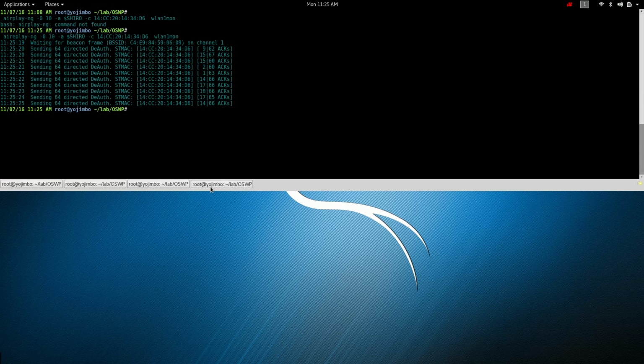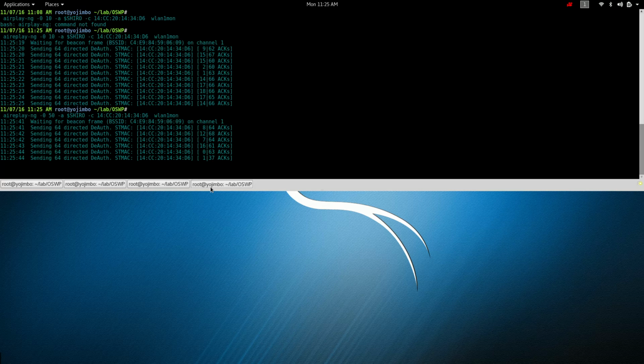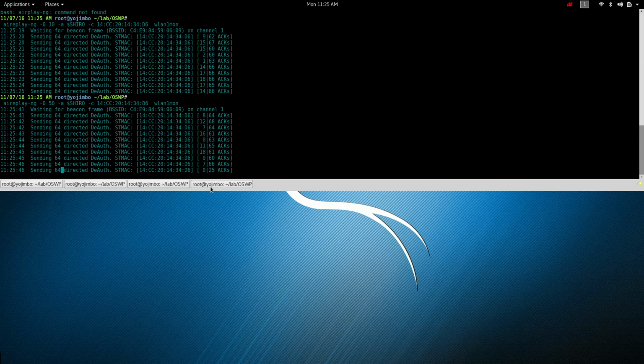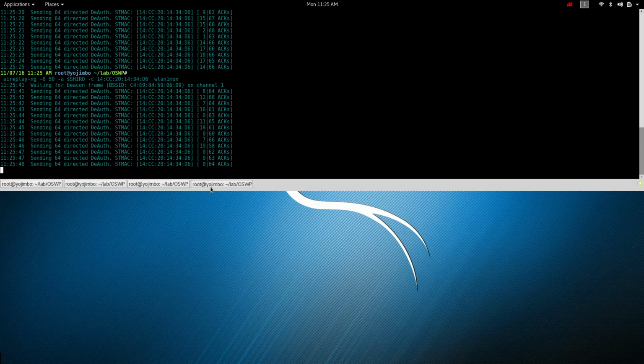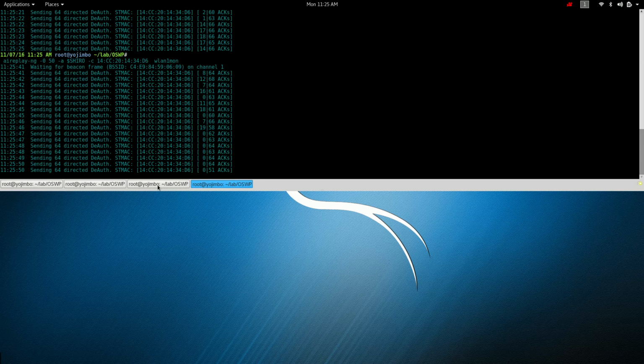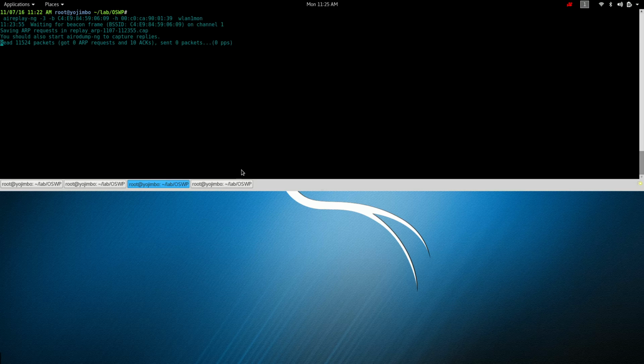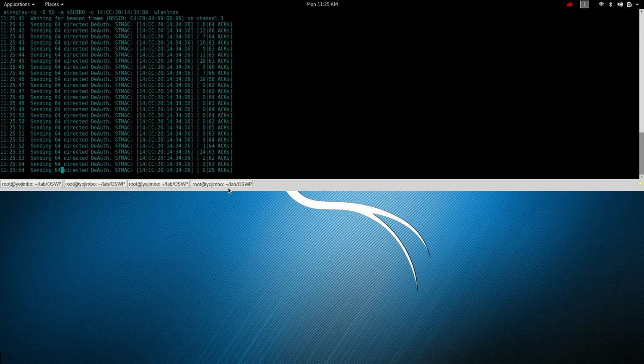So we can keep doing this until we do force an ARP packet. We can sit here and increase, let's do 50. We'll send 50 of these things. So basically we're de-authenticating this card, and we're forcing it off. It cannot connect. And we're going to wait for it to try to connect